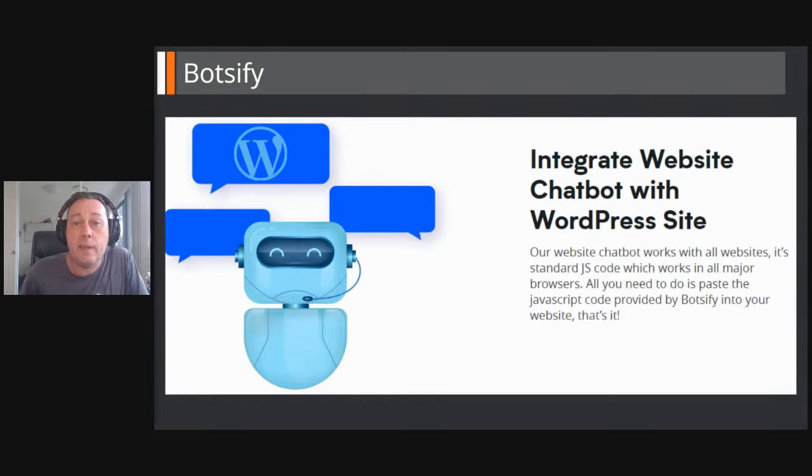Now, the service will then send a notification to your team members or just yourself, who can then jump into the conversation and fix the problem or issue straight away. And that stops your potential customers getting annoyed or grumpy from the chatbot's automated responses. So Botsify